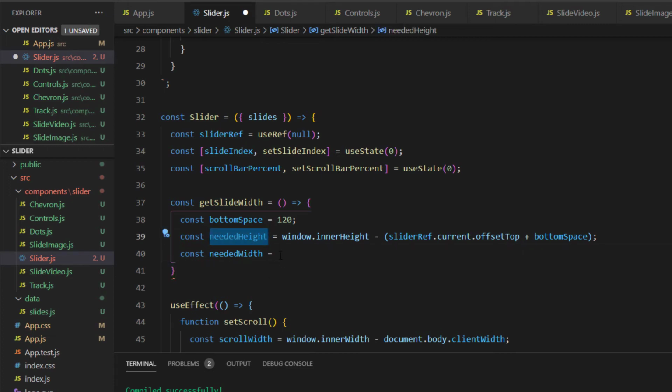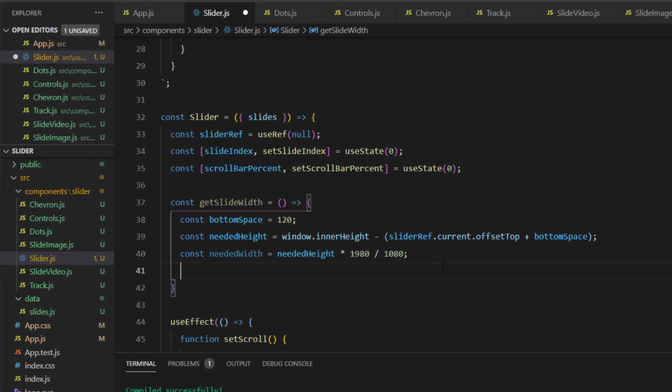To get the needed width, we need to multiply the needed height by the image ratio, which is 1980 by... So now concerning this ratio here, next we need to calculate the needed width in percentage this time, in relation to the